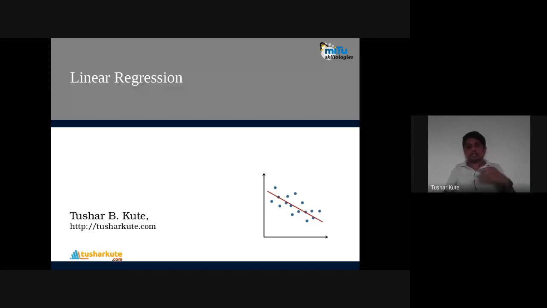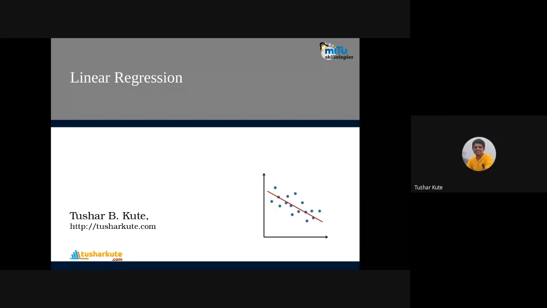So either 3 out of 3, what is the output? Out of 4, what is the output? Out of 10, what is the output? That is what we are going to make use of. That's called classification systems. So we'll finish regression first, and then we'll go for the classification methods, and how classification algorithms are used to classify something step by step.